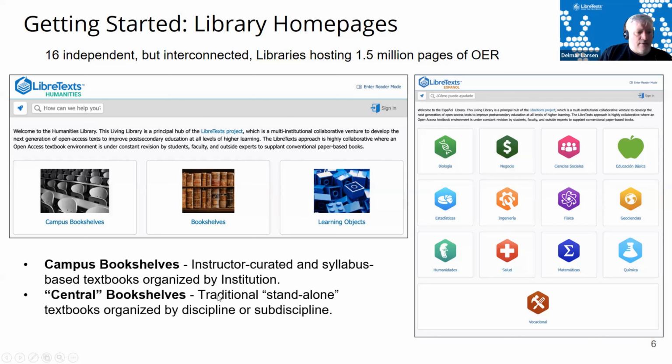Centralized bookshelves are bookshelves that we curate as a development team. So when someone has something original they want to contribute to us, we are the ones handling the curation efforts and bringing it up to date and maintaining it. It's hosted in the central bookshelves. For example, if OpenStax comes out with a new book, we take it, we integrate it into the bookshelves. We go through, update it, make sure the accessibility is appropriate, right? Make sure the standardization is put up right and other things like that. And then we are responsible for curating it.